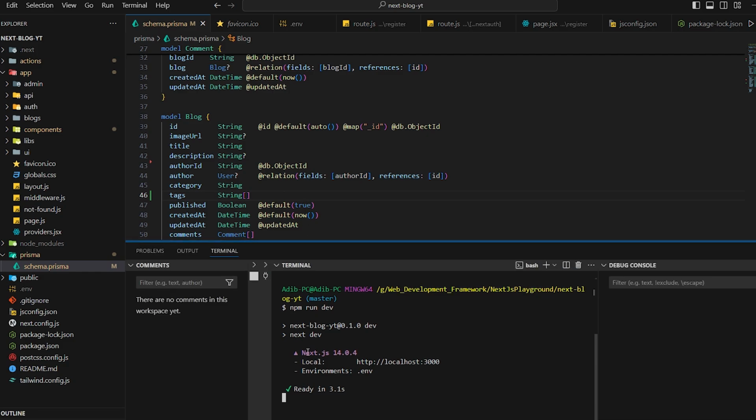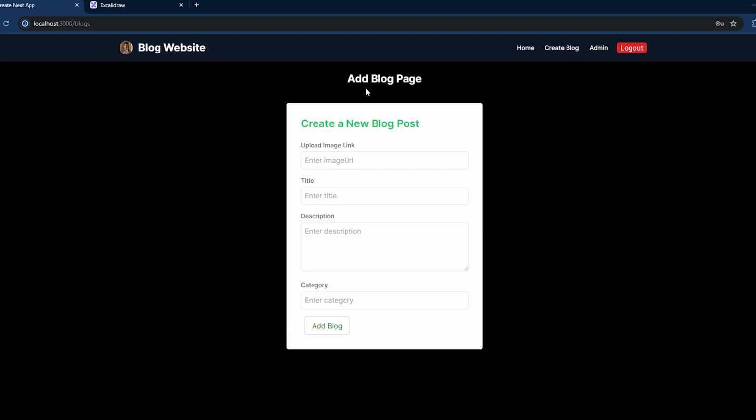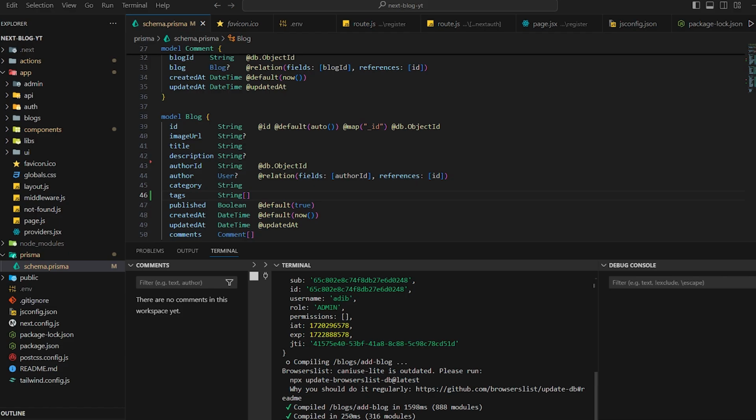I have already added those things. So if I go and add a create blog, at this time only the admin can create a blog, but you can modify it very easily. There is no need to do any other stuff. So if I go to